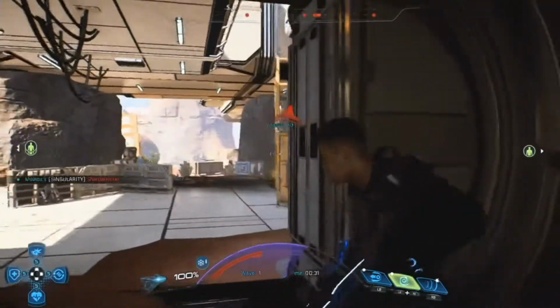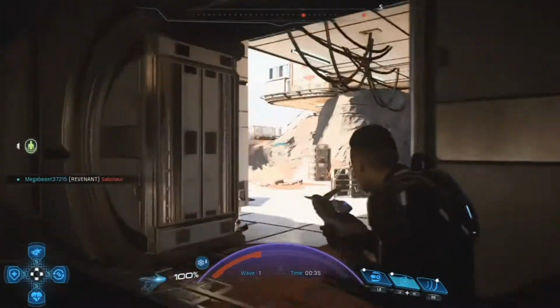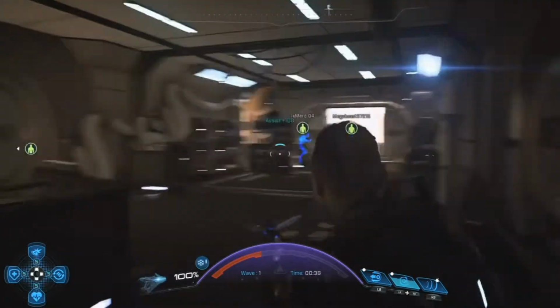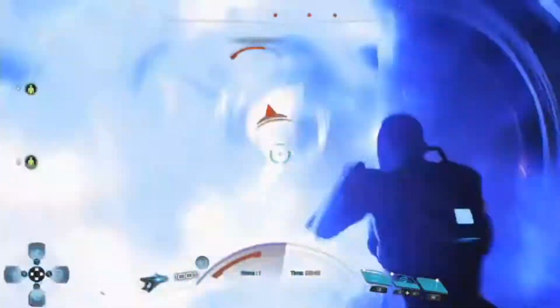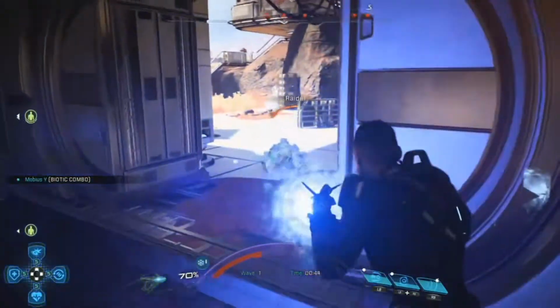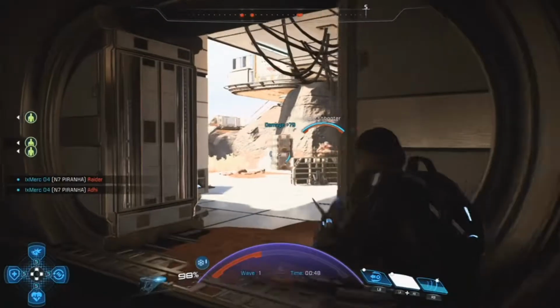And you need somebody with decent mid to long range DPS holding the side door on the left with something like a Thokin or a Revenant assault rifle, or possibly even a Vanquisher sniper rifle holding the left side of the door there. You can also have somebody keeping an eye on the back door that leads out to the